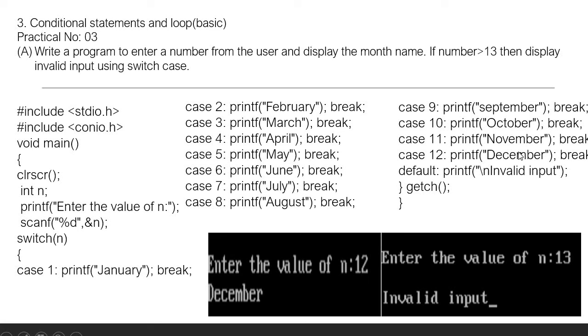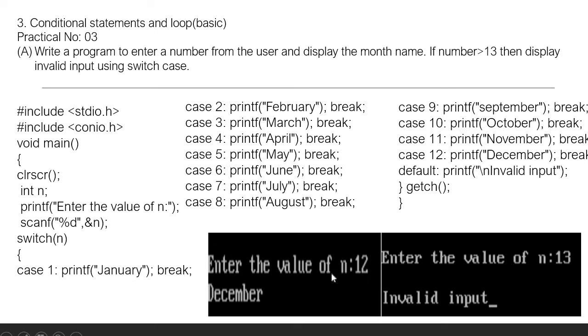Like that, whichever number the user enters within this n variable, accordingly it will print that printf statement. But suppose the user is entering some number other than 1 to 12, I don't want it to stop over here. That's why I have used the default statement. Within the default, my printf statement is there: invalid number. So if it is some other number, greater than 12, it will print invalid input. And this way we are closing our switch parenthesis, and the last one is my main parenthesis.